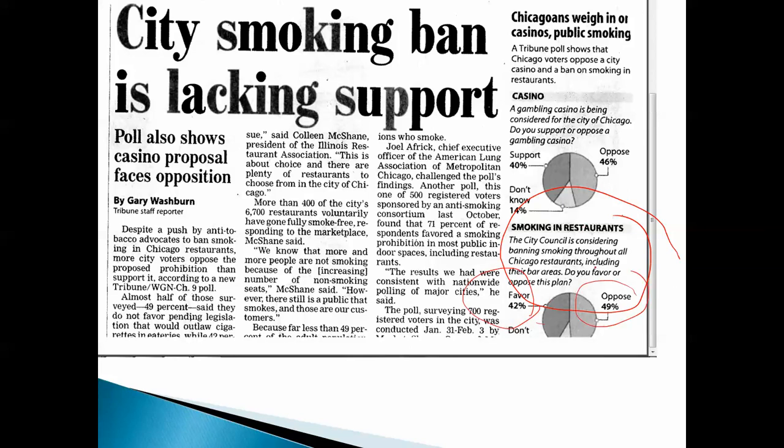It's really amazing, in light of the fact that only 1/4 of adults smoke, that 42% of people would be in favor of this, whereas 49% would be opposed. Now, here's the reason. Notice,